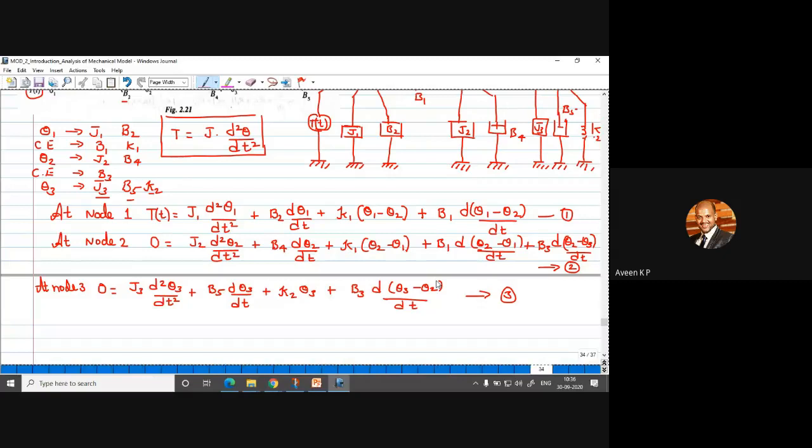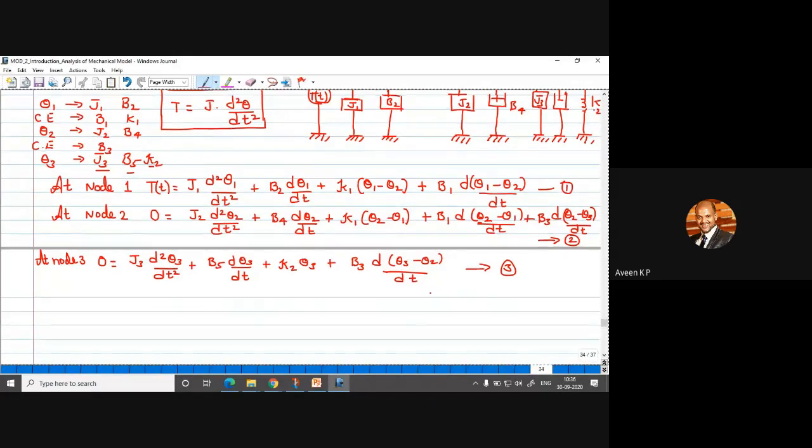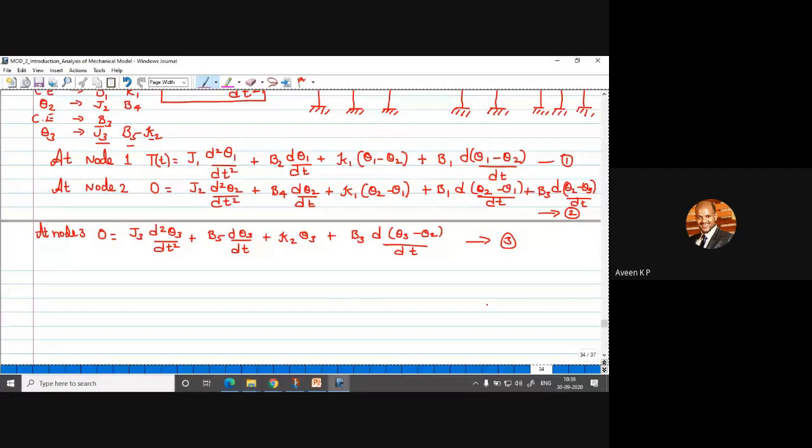the mechanical system. Now our actual task is to rewrite the same in terms of the force voltage analogy, sorry, not force voltage, it is torque voltage and torque current analogy. So let me write the first one. First one, torque voltage analogy. Okay, and we need to write the circuit diagram also.